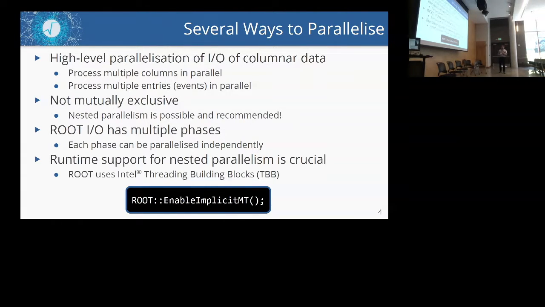And these strategies are not mutually exclusive. Actually, it's very good that we can nest parallelism and do both things in parallel. So since ROOT has many of these phases, read, deserialize, and decompress, and so on, each of them can be parallelized independently. The runtime support for this nested parallelism is crucial,